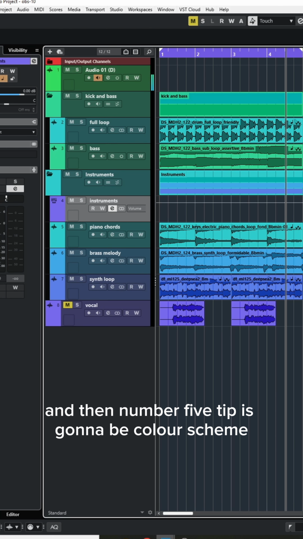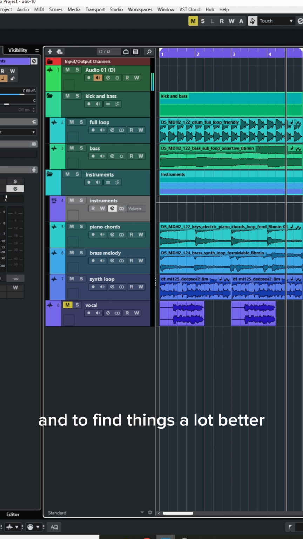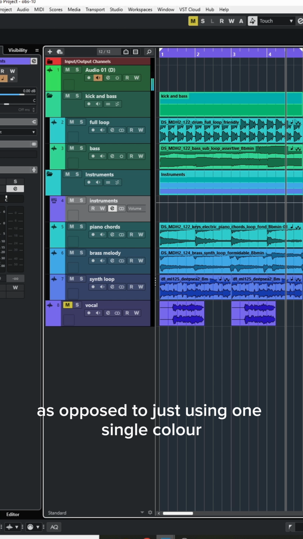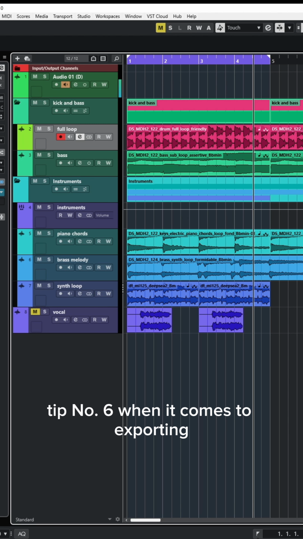And then number 5 tip is going to be color scheme. Now, to make your project a lot clearer and to find things a lot better, as opposed to just using one single color, tip number 6, when it comes to exporting, especially if you want to do stems, you want